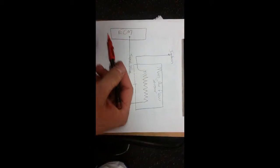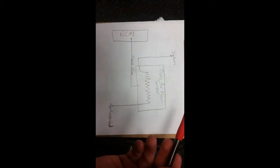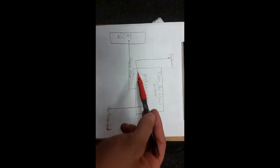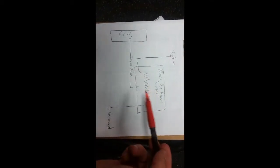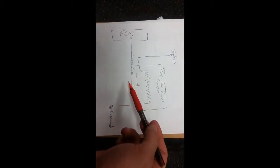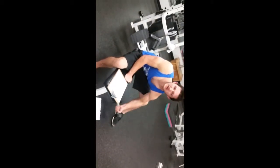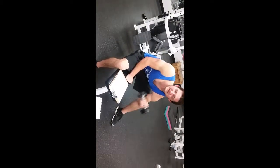Now this is just a diagram to show you guys visually how this sensor is working. Here we have our sensor, the mass airflow sensor, and we have our ECM here. Then we have the three things that I told you before: ground, signal, and ignition power. When we start the car, this ignition power is going to send current to the resistor, and it's going to heat up that resistor, which is going to make a measurement and send it as a certain voltage for this signal wire so that the ECM can make proper adjustments. But as air cools down the resistor, that ignition power needs to pump more current to heat up and compensate